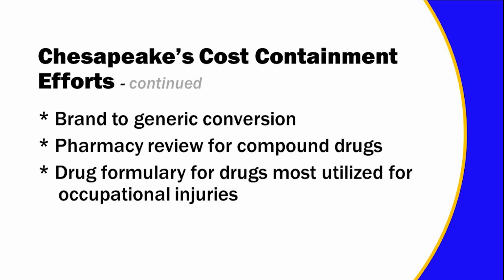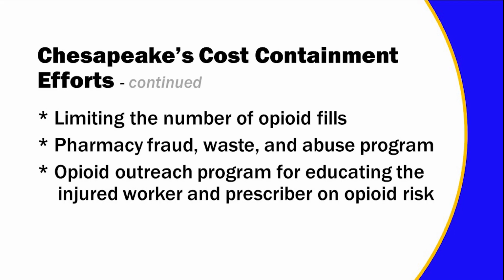Additional efforts around pharmaceuticals include converting brand drugs to generic versions to avoid the high cost of brand drugs, conducting pharmacy reviews of compound drugs that provide limited therapeutic benefit but are very costly, reviewing expensive specialty drugs to ensure that they are medically necessary and related to the injury, utilizing a Chesapeake Employers drug formulary to identify drugs most commonly prescribed for specific work-type injuries, thereby avoiding payment of non-related drugs, limiting the number of opioid fills and then requiring pre-authorization, implementing Chesapeake Employers Pharmacy Fraud, Waste, and Abuse Program, and lastly, utilizing our opioid outreach